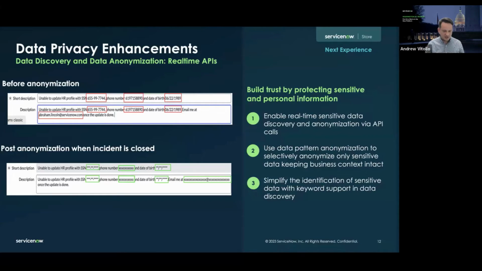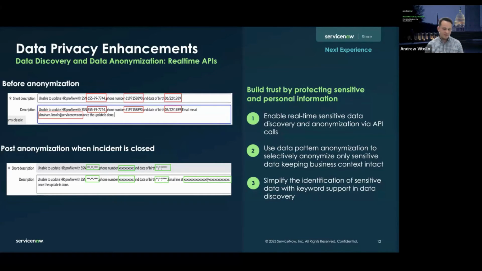If you can imagine an incident, that's really, really powerful. It's similar to the use case we talked about below, handling the data as it enters the instance and the perimeter. So effectively, we're creating an API that's acting like a data privacy firewall that gives you the opportunity to handle the data as soon as it enters the instance and then it is properly anonymized. That also helps with the keyword support and things like that.